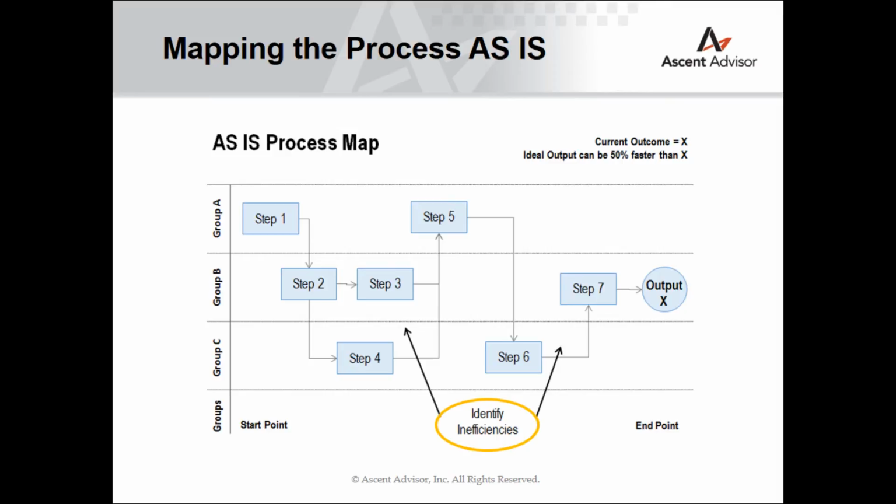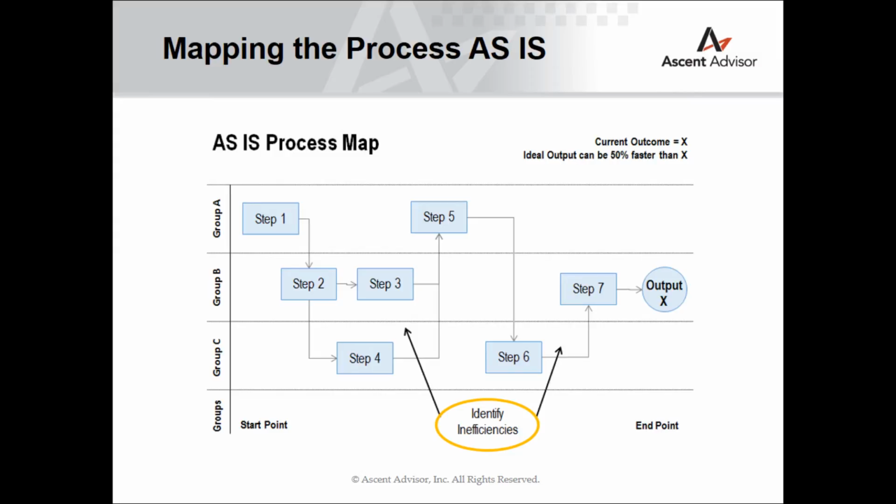To map the process, write down the steps in sequential order. Assign each step to a person or group. Documenting the process as is helps everyone understand who is doing what and in what order. After completing the as-is process map, analyze the obvious process inefficiencies, redundancies, or disconnects. Identify the areas that cause the most problems. This process review will help you build a case for significantly improving the existing process.